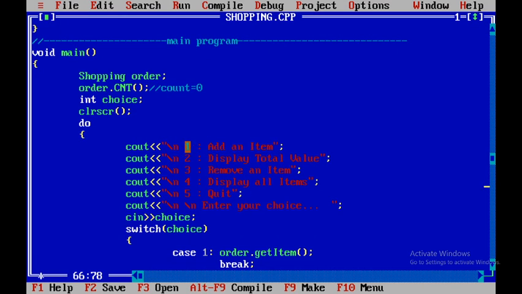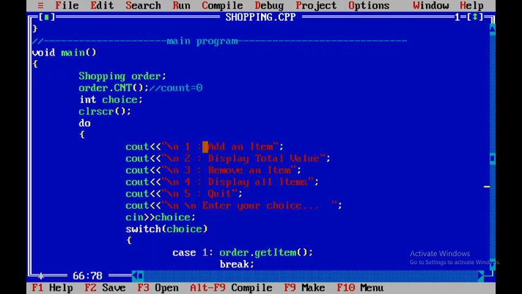Here we are going to specify that option 1 is the key to add an atom. 2 is the key to display the total value. Then if we enter number 3, that is to remove an atom. Number 4 is used to display all atoms. Number 5 is to quit, that is, to exit from this order.